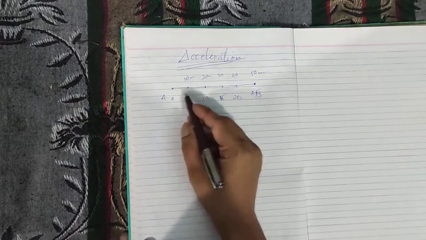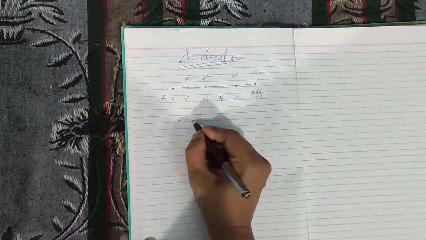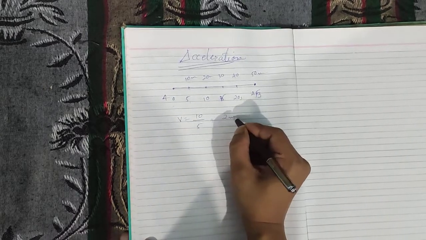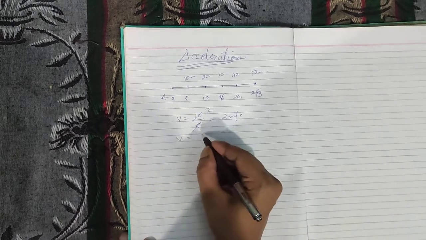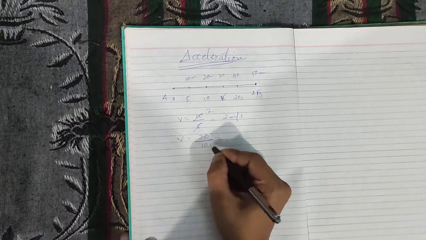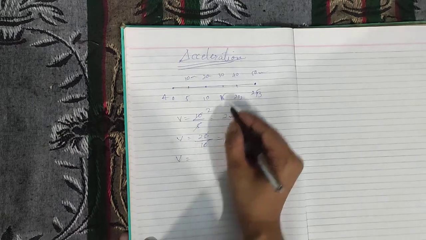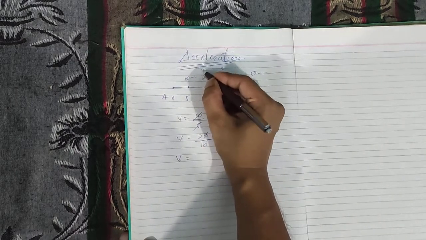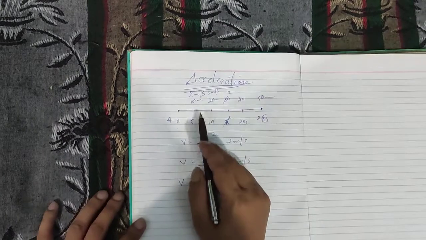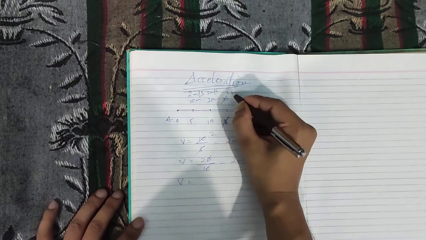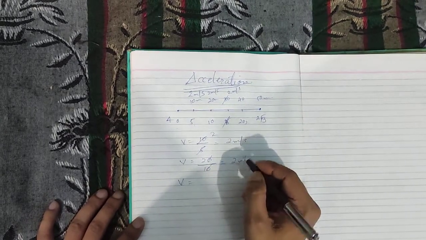So over here the object is in uniform motion, and that is why its velocity is also constant. At any point we check, for example at the first point, velocity is displacement upon time, that is 10 upon 5, we get the answer as 2 meters per second. In the same way at the second point it is 20 meters upon 10 seconds. Once again we get 2 meters per second. In the same way in the third case, 30 upon 15, so in all the cases the velocity is 2 meters per second. Over here 40 upon 20, once again 2 meters per second.